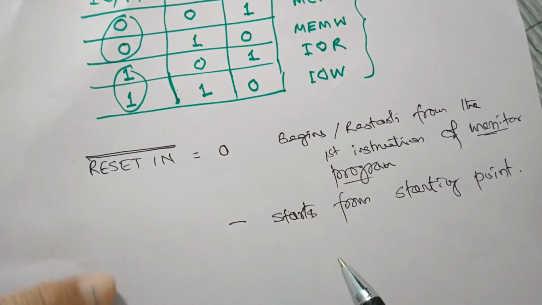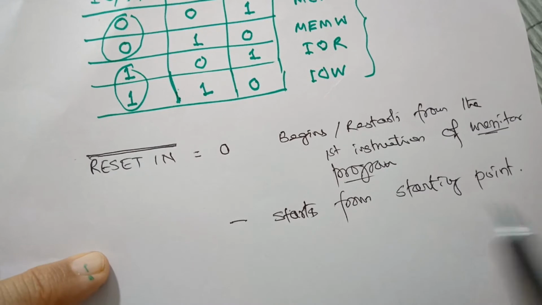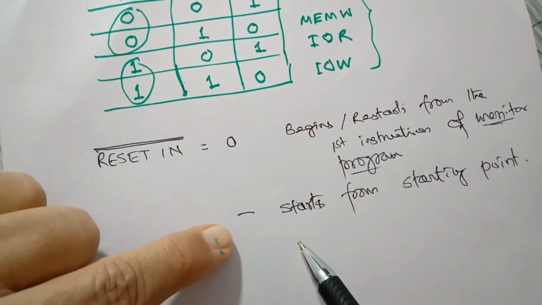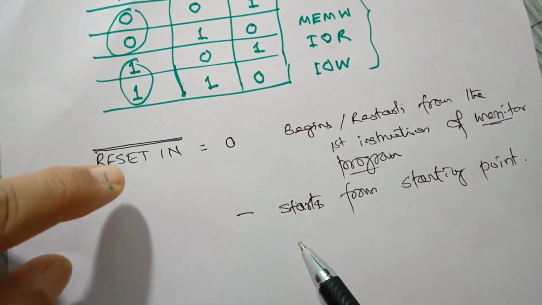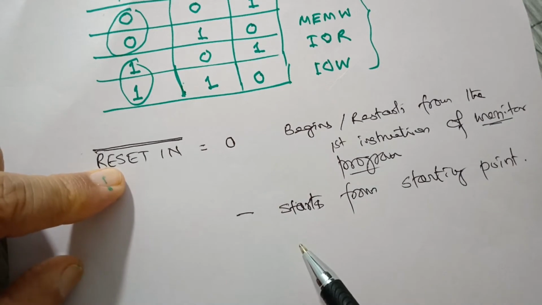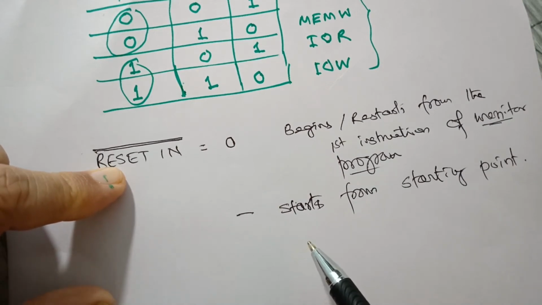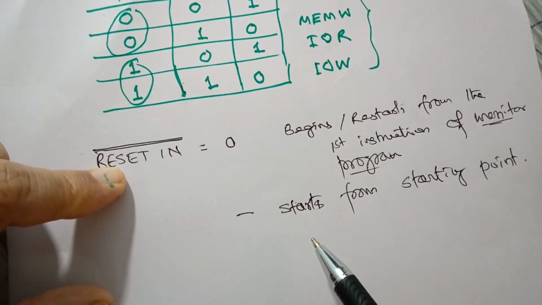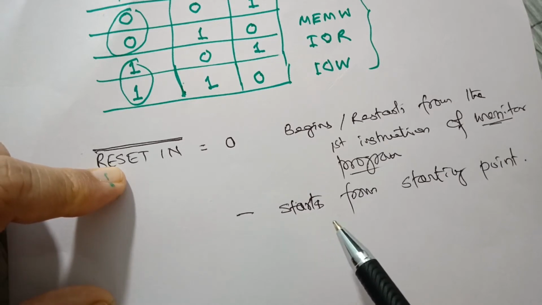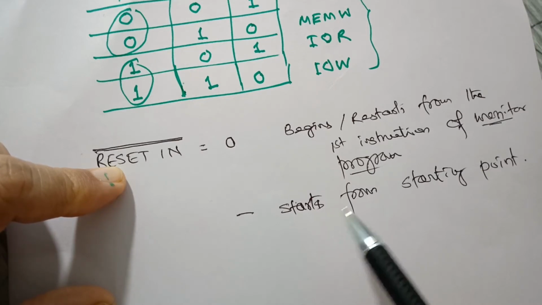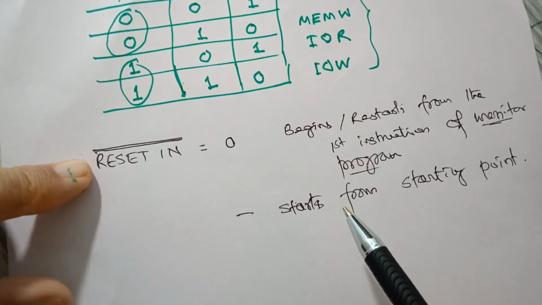So it begins with the very first instruction of the operating system, and you have used this button on a computer when your computer system hangs or something goes wrong, and then you press this reset button, and once again the computer restarts and becomes ready, and then you get the Windows icon and all that. So this is the purpose of this pin on the microprocessor.